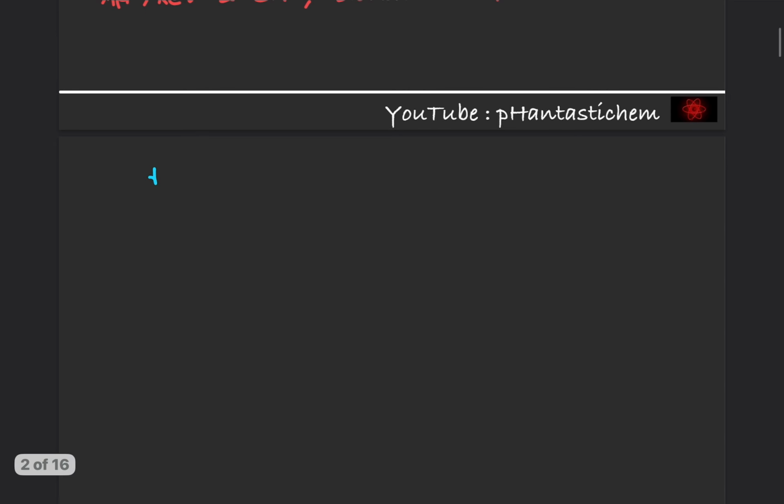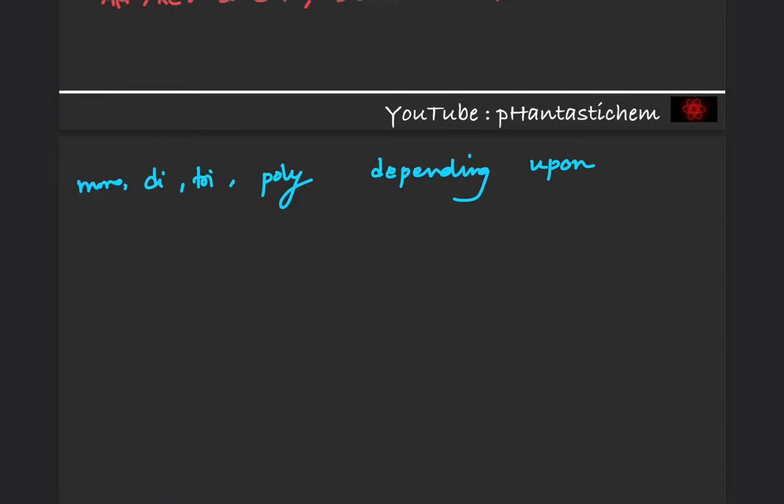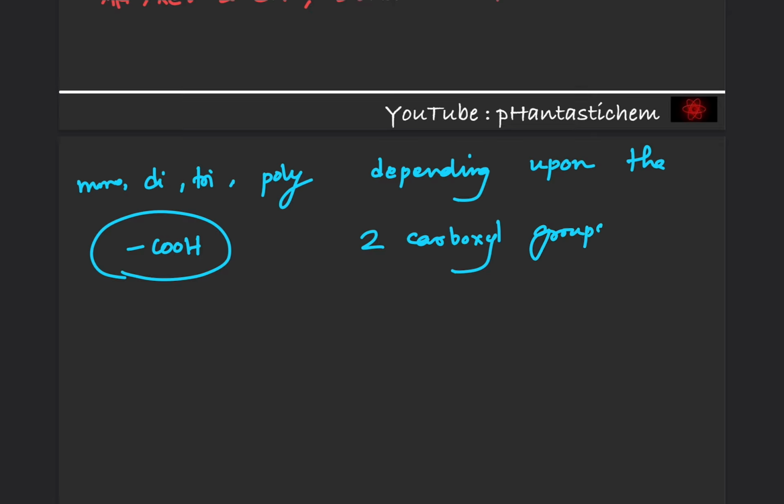Okay. So they can be known as di, tri, mono or poly depending upon the carboxyl groups that they contain in their molecules. So in the case of a dicarboxylic acid, we will have two carboxyl groups. So we will have two COOH groups. Okay. So we have to look out for those carboxylic acids which have two COOH groups in the molecule. Okay. So if we look at the sequence A,